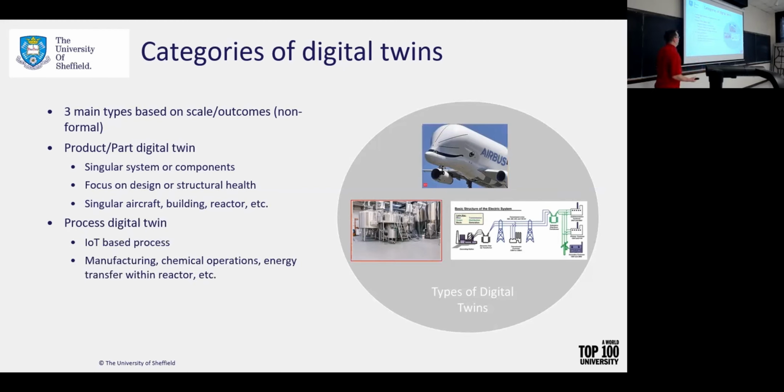The second one is a process digital twin. This is typically associated with the Internet of Things, or IoT. These are common things like manufacturing. I've seen several that are welding robot based, where there needs to be a human in the loop, where a person needs to hand the welding robot a sheet of metal, and then the robot's going to weld that, and then the human takes that sheet and moves it to the next part. What the user will do is put on an AR headset and interact with the machine as normal. But because he's wearing the headset, that gives information back to the robot itself. So the digital twin of the robot can see where the human is to make sure that it doesn't whack him in the face and knock him out. Simple safety stuff like that.